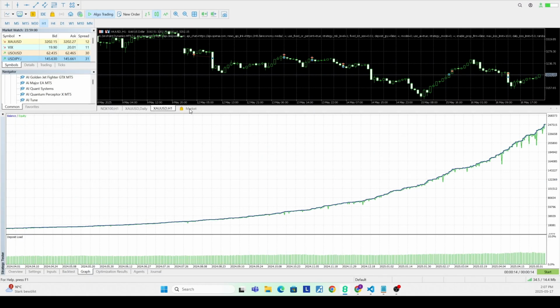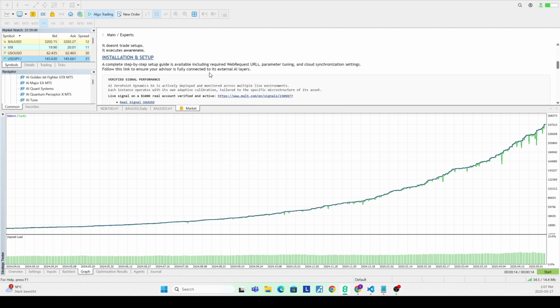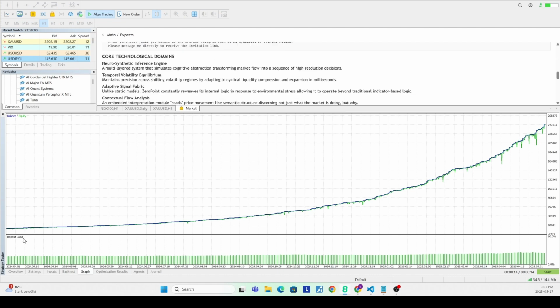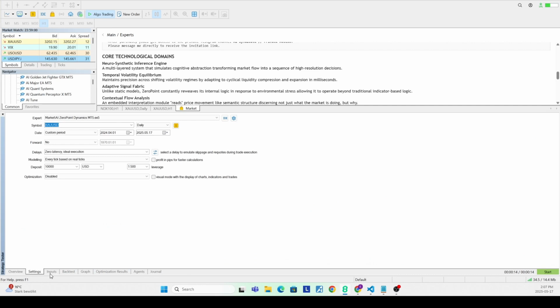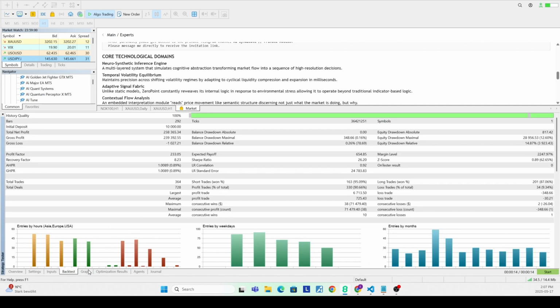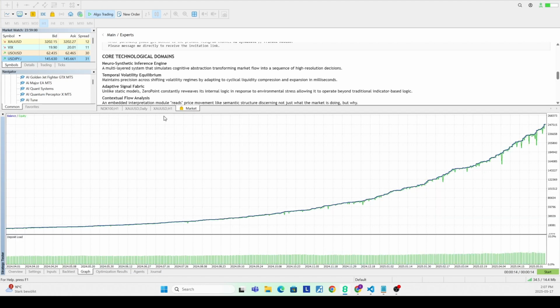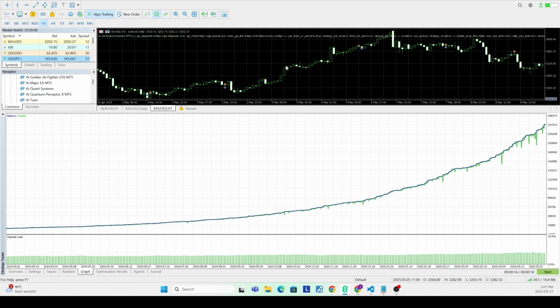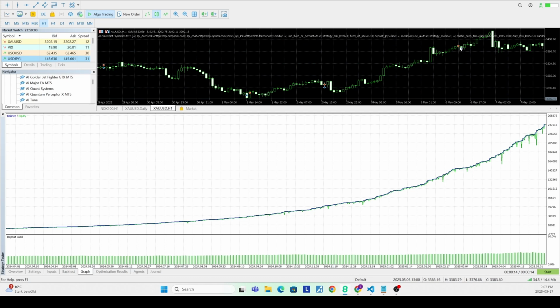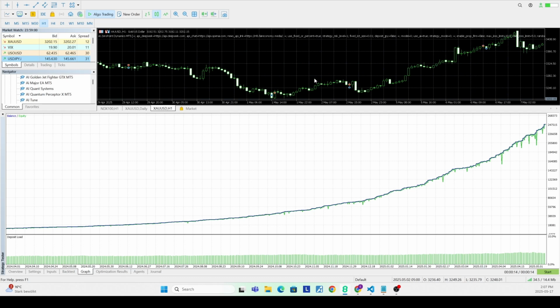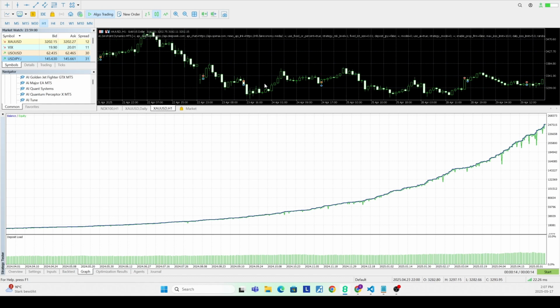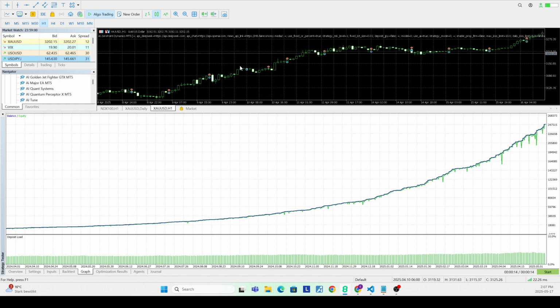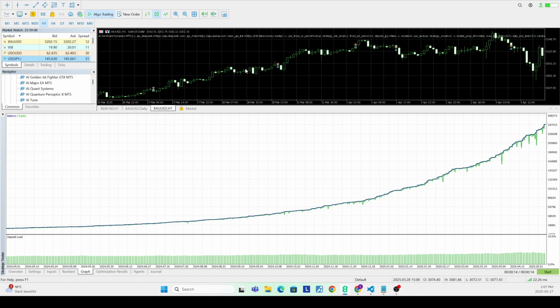So going over to MT5, I've taken the liberty of running a backtest here quickly, and you can see that it turned $10,000 here into around $240,000 with a 91% win rate and a very, very positive risk reward. So obviously, guys, this is heavily manipulated. We can see that it's catching every trade almost perfectly. It doesn't seem to follow a particular rhyme or reason. Some of them are mean reversion trades. Some of them are more breakout trades. So pretty random from what I can see. Yeah, really not looking great.